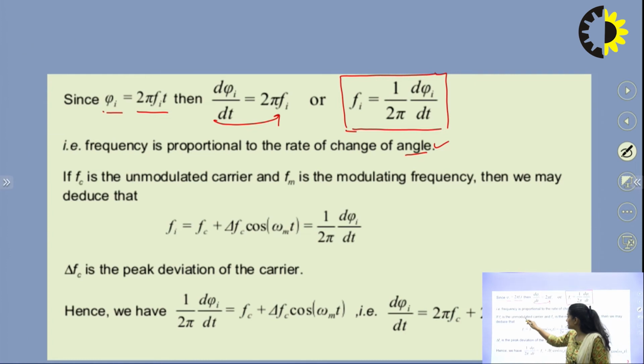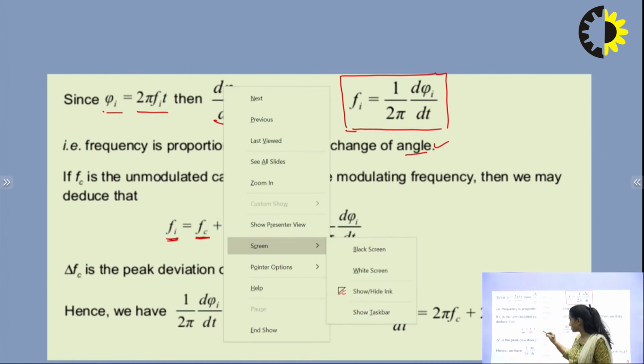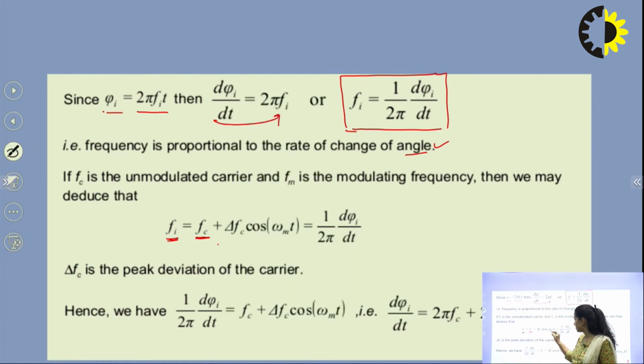Now fc is the unmodulated carrier and fm is the modulating frequency, that is, the frequency of my message signal. Then we may deduce that instantaneous frequency is equal to constant carrier frequency plus the deviation, and this deviation is represented by this, and here del fc, that is change in carrier with respect to time, which I may write like fi equals fc plus del fc into mt,